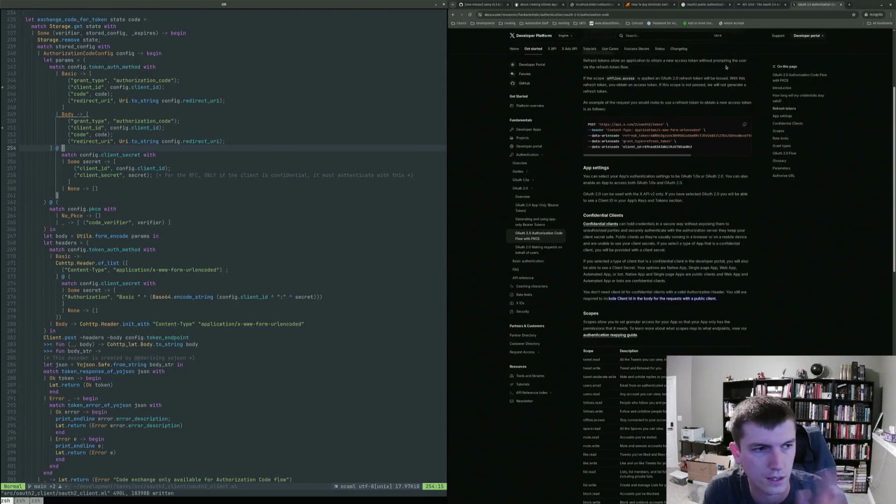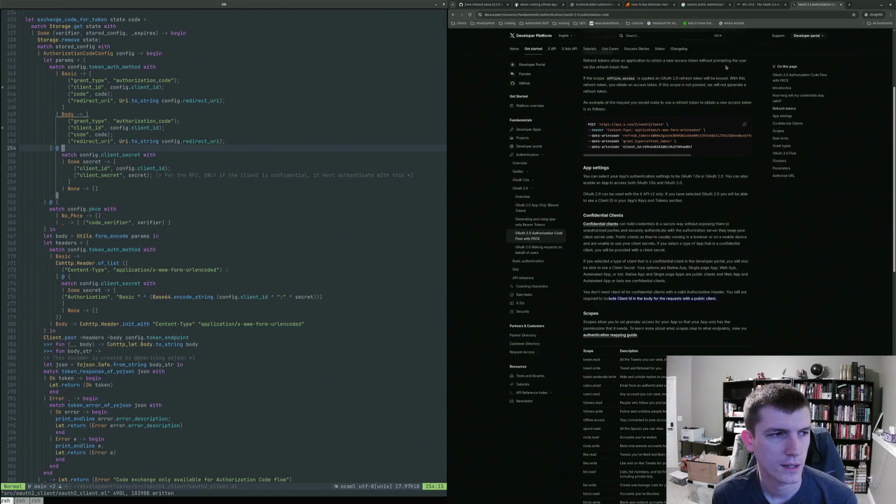Base64 is not a secure encoding medium. It can be decoded very quickly and very easily by anyone. You just search for decode base64 and there are thousands of websites. You just paste it and it gives you the results.